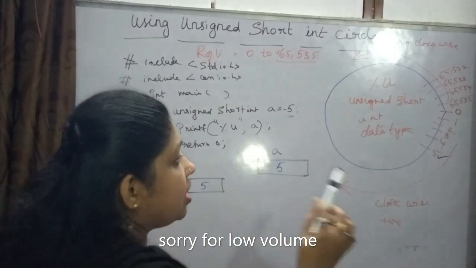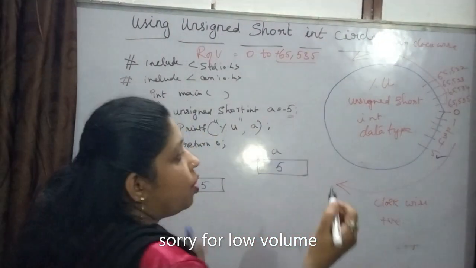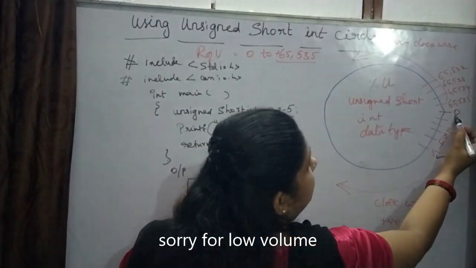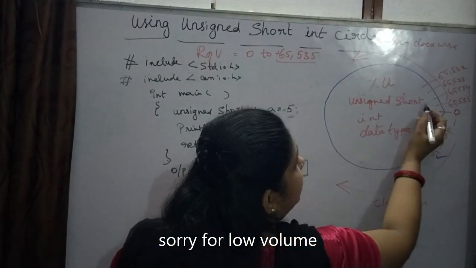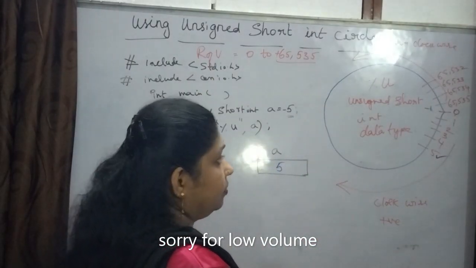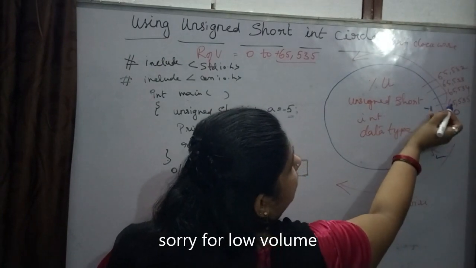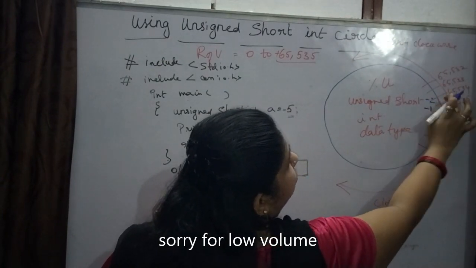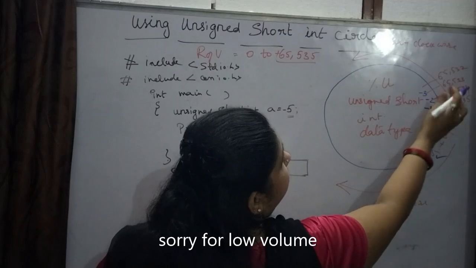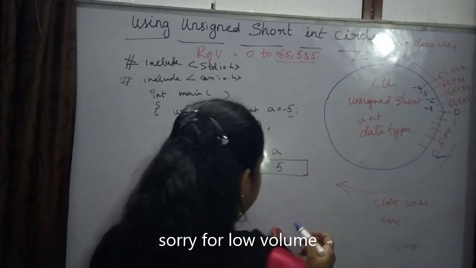Now it starts checking in the anti-clockwise direction. After 0, the number which is there, it takes as minus 1, the next number as minus 2, minus 3, minus 4, and